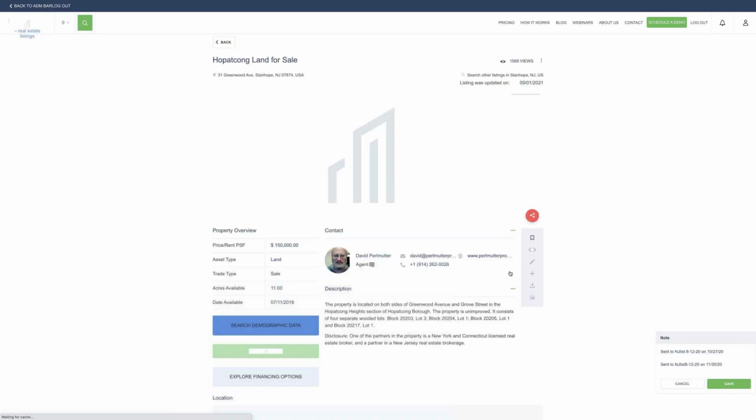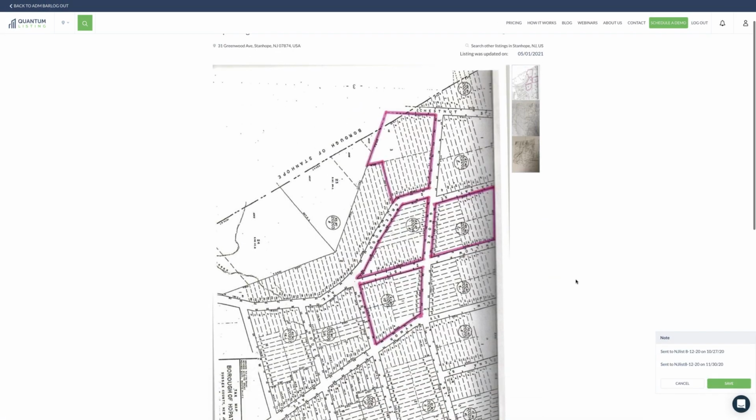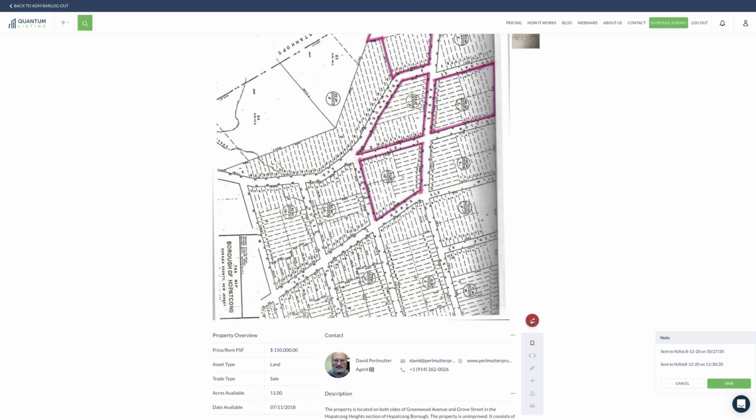This is some land we have for sale in New Jersey. And click on the sharing icon down here, because this is another way of sharing your listing. And then click on the G for Google, and then it will once again